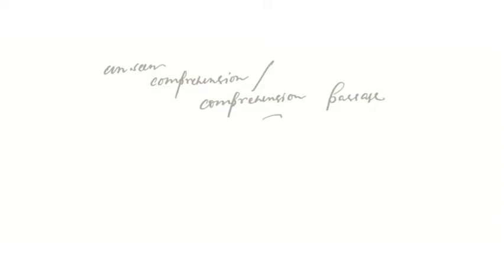The unseen comprehension, or comprehension passage, is a matter of great importance, because when we talk about English language, we talk about grammar, we talk of composition, and also we talk of comprehension. So English language comprises all these three prominent patterns. We have to be very careful while dealing with this.